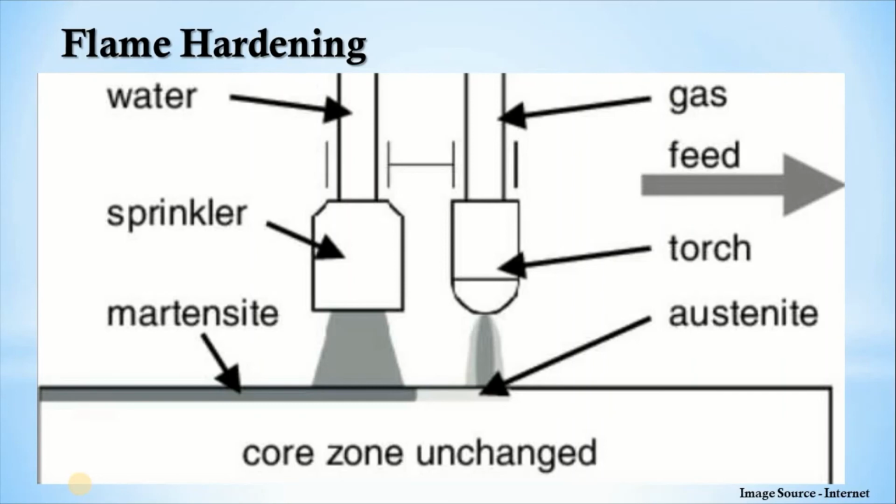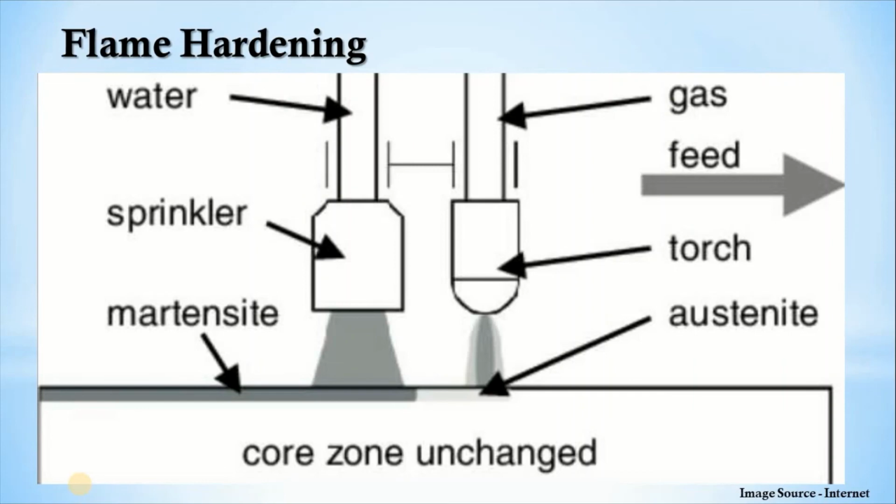As we have seen, induction hardening involves using induced electrical currents to very rapidly generate heat via hysteresis, usually on a workpiece made from medium to high carbon steel. Flame hardening uses oxy-fuel burners to heat the workpiece via conduction. So first it is heated, then it is quenched using water. So there we are getting the hard surface which is more resistant to wear and corrosion.